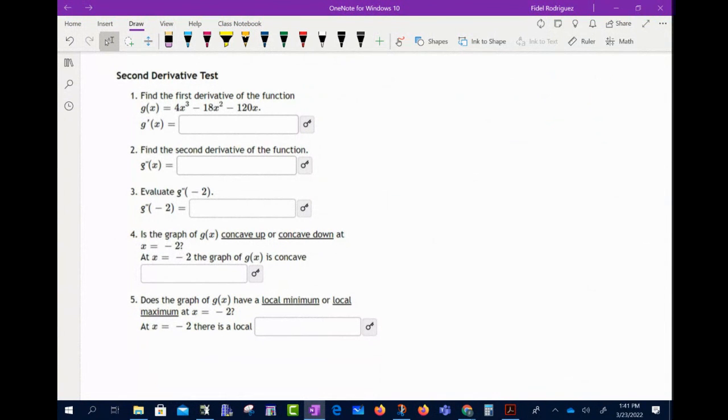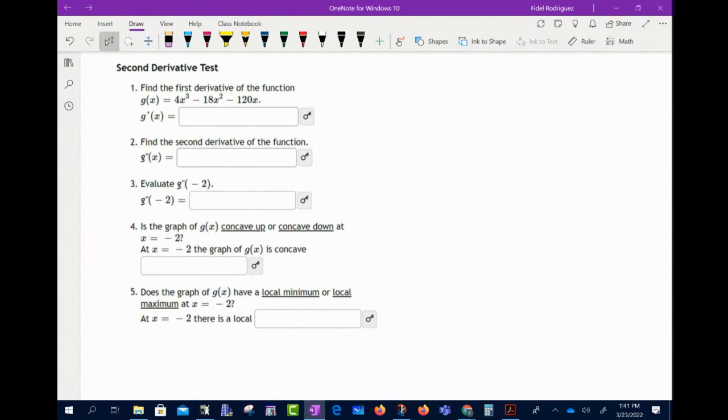Okay, so let's try this next one here. It says, let's find the first derivative of the function. Okay, so let's do it. 12x squared minus 36x minus 120, right? Okay,